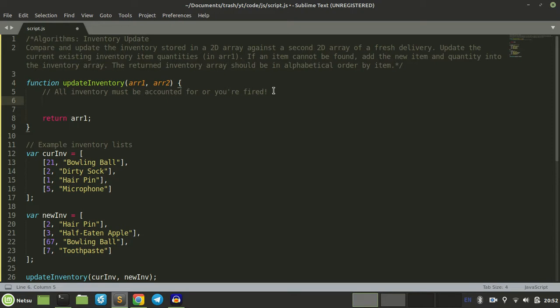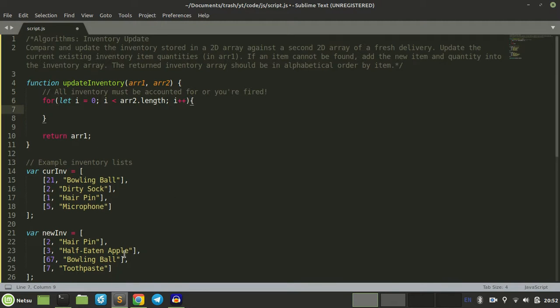So I'm going to use a for loop. So for, and we can just say let i equal 0 while i is less than r2.length, i plus plus. You'll understand why I said r2.length, because remember these two can also vary in length as well,